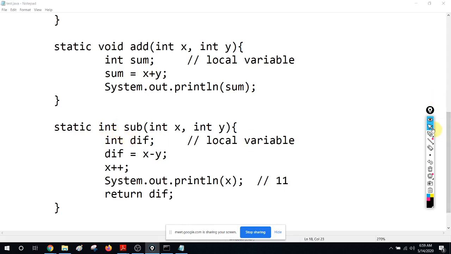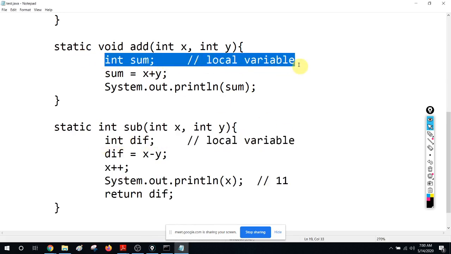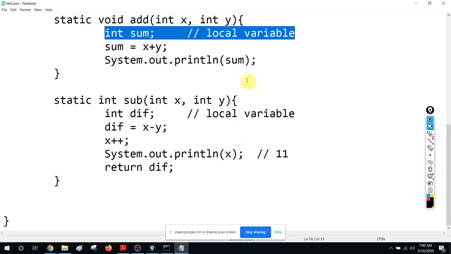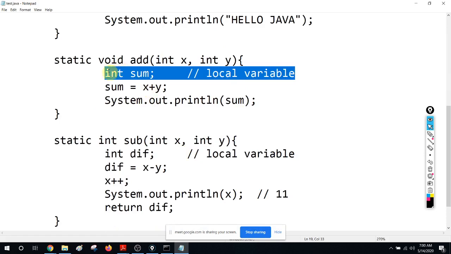The final concept we are going to discuss under methods is, now remember these are called local variables. Variables declared inside the methods are called local variables. Why do we call it a local variable? Because that local variable is available only to that method. Other than local variables, you can have global variables also. Global variables means that variable is available to any method. For example, this variable is not available to this method, right? So that is why we call it local. But if you have a variable which is available to any method, that is called a global variable, right?